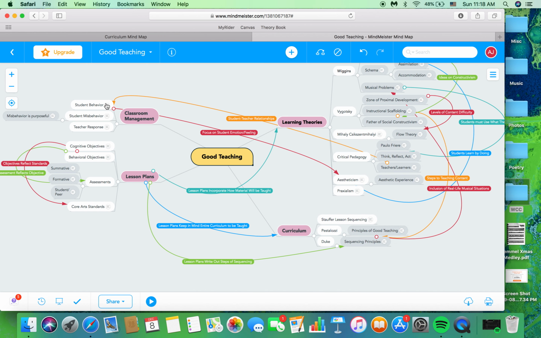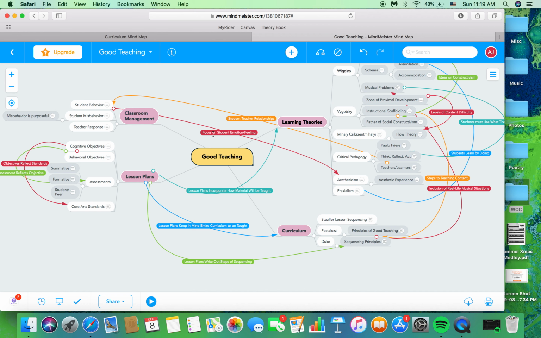Under student behavior and teacher response, it's important for students to comply with their teachers, but I think misbehavior is important because it shows that students aren't fulfilling the needs that they have. So it's a system of checks and balances, really. That's how the two different roles exist. I thought they were pretty related, just in the fact that there are many different student-teacher relationships that exist in